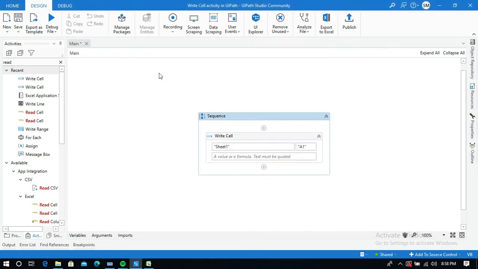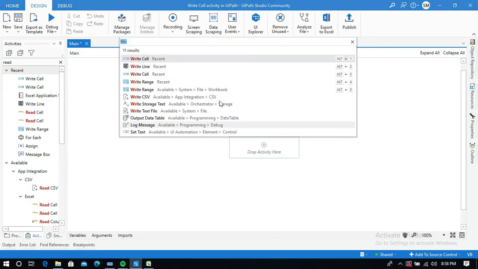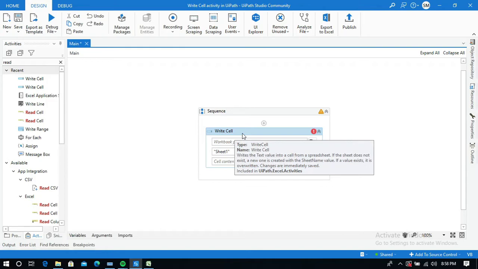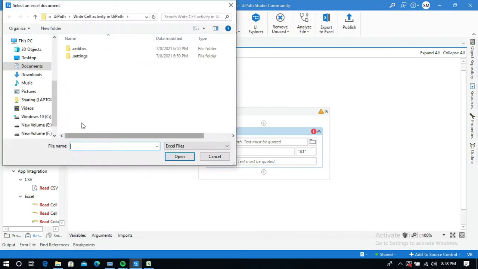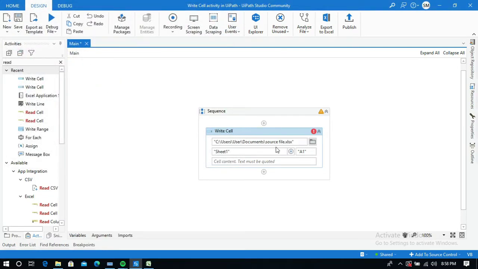Sorry, not this one. Let me use this one, which has this input field for the path. When you use this Excel write cell activity, you don't need to use the Excel application scope activity. You can directly give the path of the file from here, and I will do the same task with this.